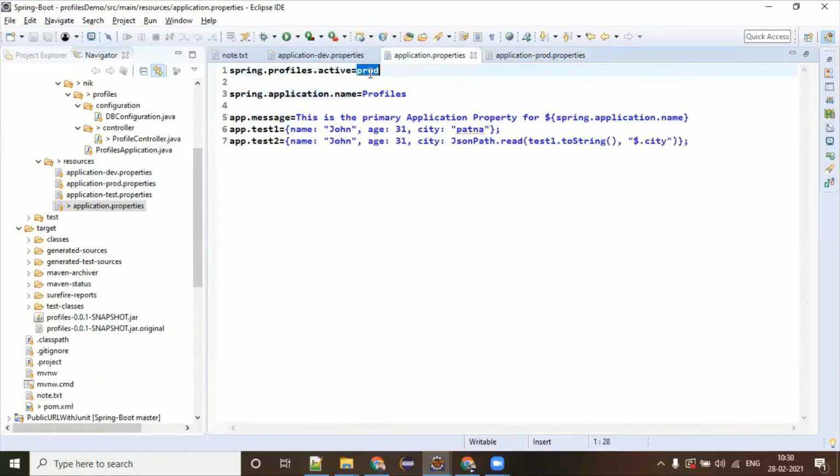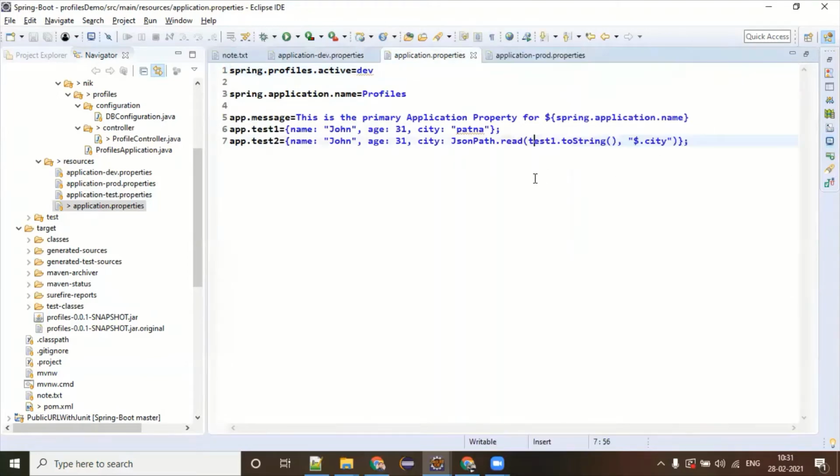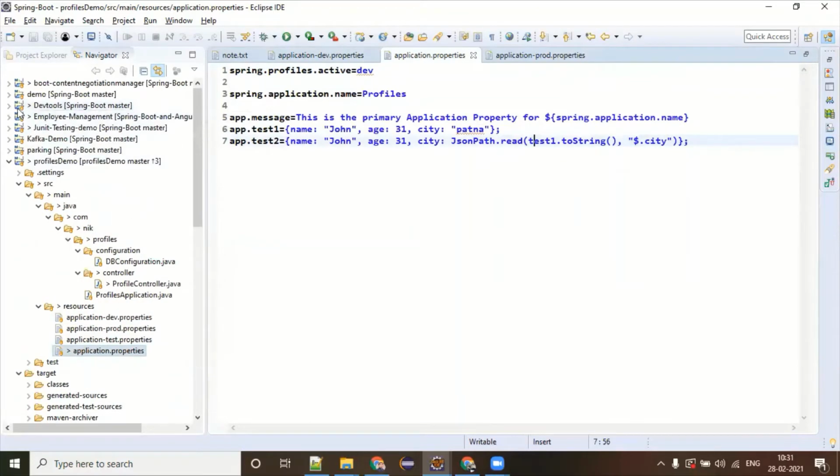So what I will do, I will be changing this to dev. It's not that you must have dev, production, test. This is only a naming convention. You have an abc.properties file, no problem. You just go and change this to abc. You also have noticed or not, if I go to the dev tools,